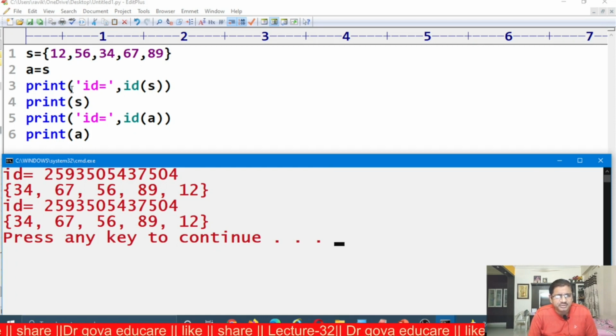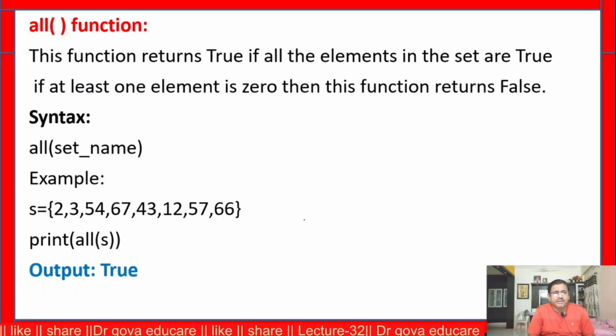This concept is called aliasing. Now a is the alias of s, or s is the alias of a. That means s and a point to the same object. It's called aliasing.